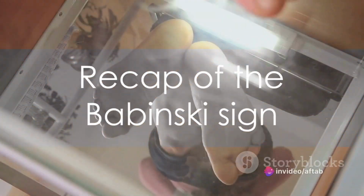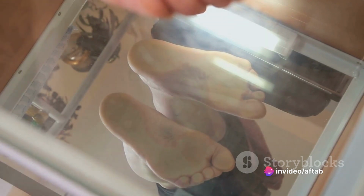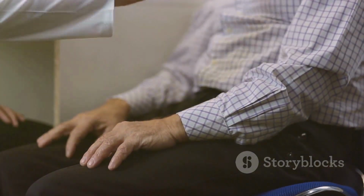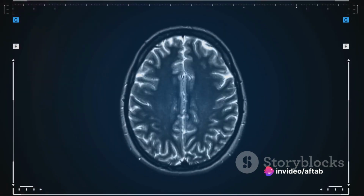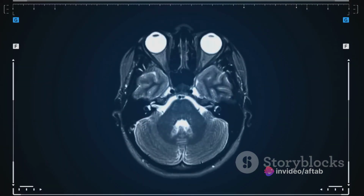To recap, the Babinski sign is a specific toe movement in response to stimulation of the sole. It's a normal response in infants, but in adults it could be indicative of a neurological issue, particularly those involving the corticospinal tract. The presence of the Babinski sign can suggest an upper motor neuron lesion, prompting further investigation into